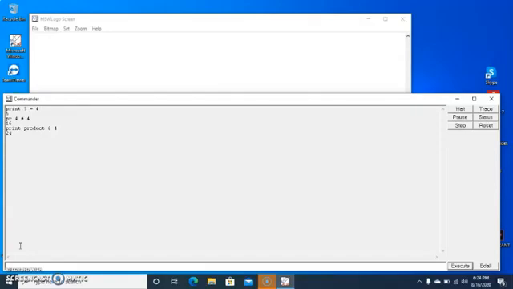Now here you can use only the CT command. Why not CS? Because we do not want to rub the drawing, as there are no drawings. So you are going to use only the CT command. What is the use of the CT command? Here we did all the commands, so those commands are going to be rubbed. Everything is going to be erased from your screen. Now we are going to use the bye command. What is the use of that? To come out of the language. Okay, this is for your today's work.